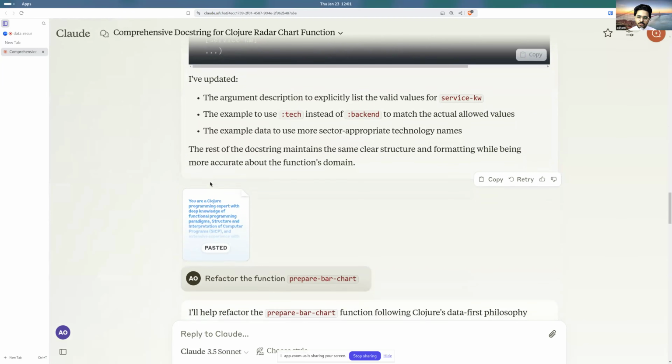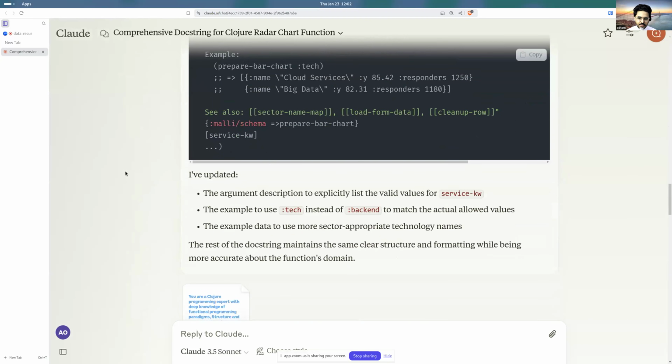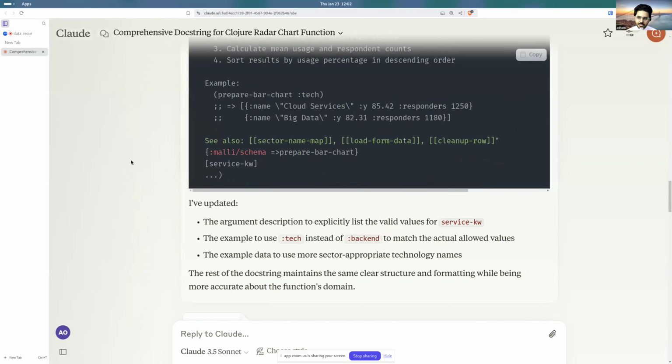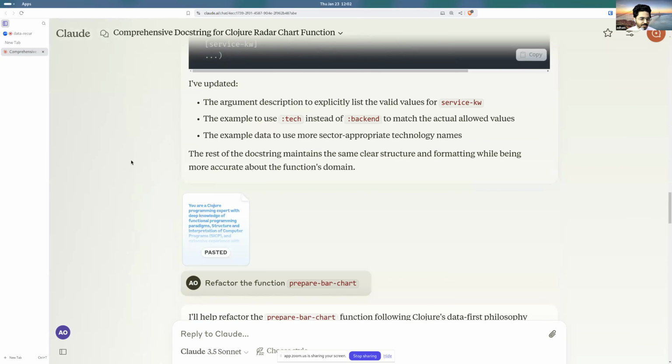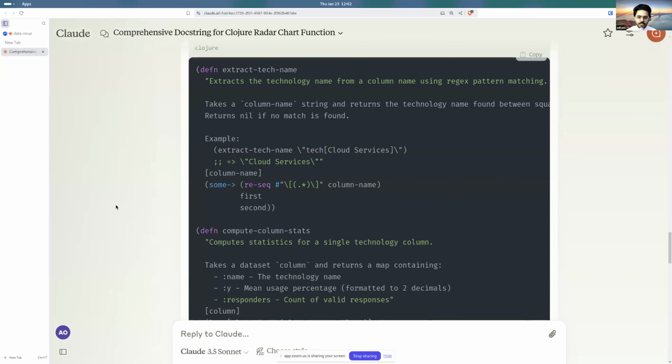And I also talked about documentation helping refactors or rewrites. After this, I went to the Clojure expert prompt. I pasted the entire thing, and I said, just refactor the function. I've tried this with multiple functions before, and I found that having the documentation prior, and of course confirming that the documentation actually does what it does, and having the prompt, actually gives a very well structured